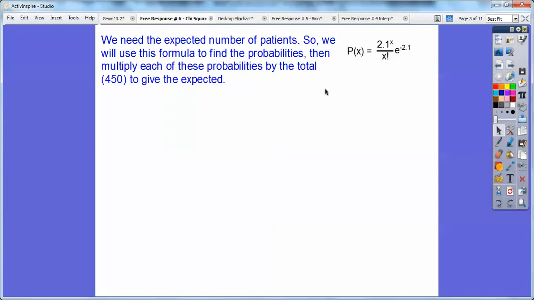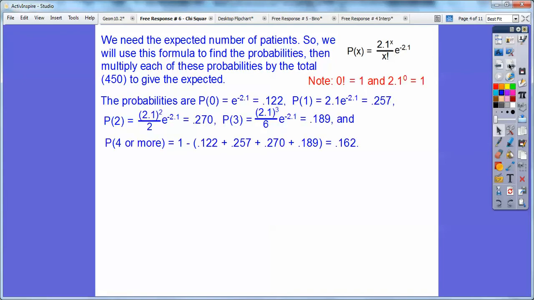So in 0 years, I'm going to plug in 0 right here, 0 right there, 0 right there, and that's going to get me the probability when x equals 0. Remember, anything to the 0 equals 1, and 0 factorial also equals 1, you guys. So does 1 factorial. So when I plug in 0, I get 1 over 1 times e to the negative 2.1, which is